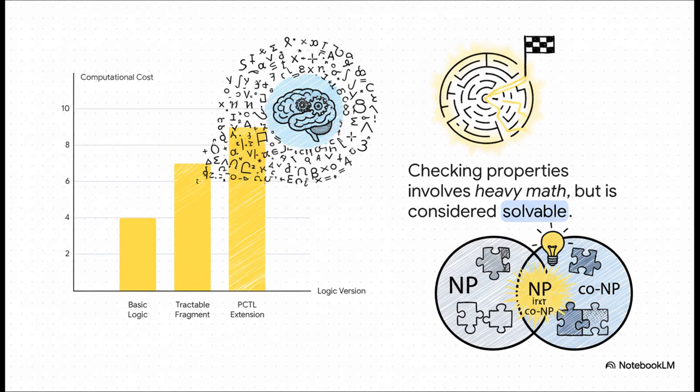But what does it actually take to use these in the real world? Is it easy? Not exactly. The math behind model checking can get really intense. For the probabilistic logic, the problem is known to be very hard. Think of a ridiculously hard Sudoku puzzle. Finding the solution is a nightmare. It could take you forever. But if someone just hands you a completed puzzle, checking if it's correct is pretty straightforward. That's kind of what we're dealing with here. It's a tough nut to crack, but it's not impossible, and computer scientists have found clever ways to tackle it.